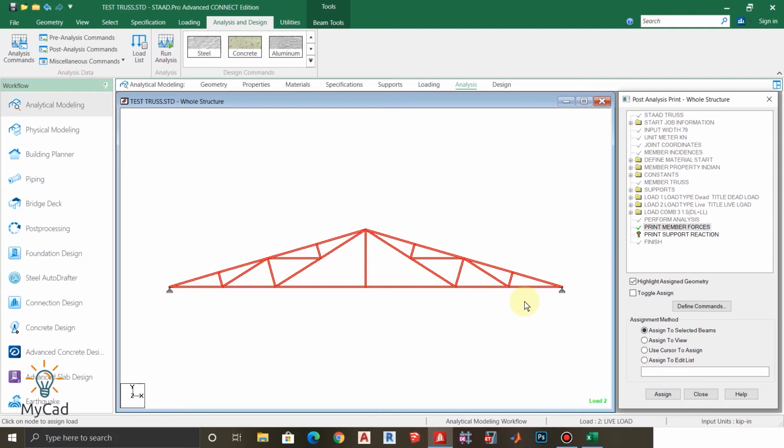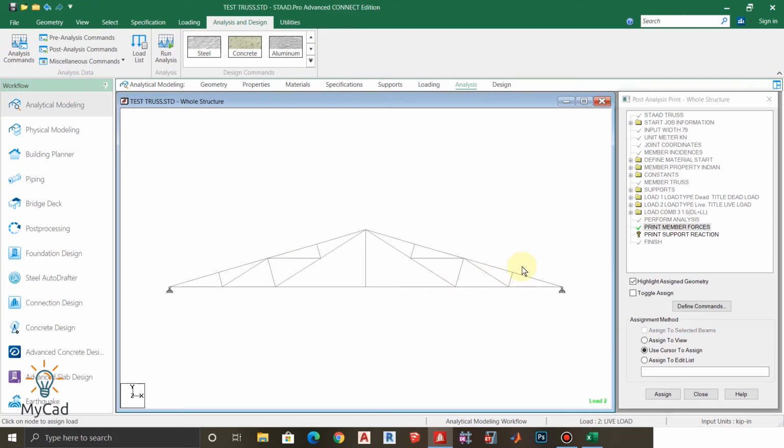Now just press escape, and now I'll assign this print support reaction command to the two hinge supports.